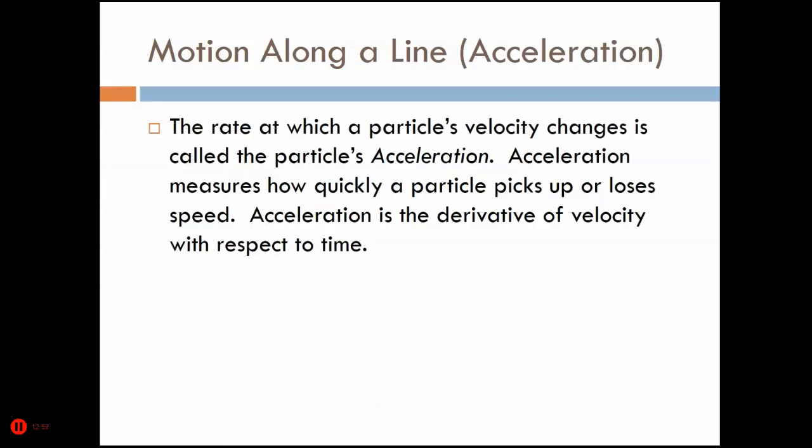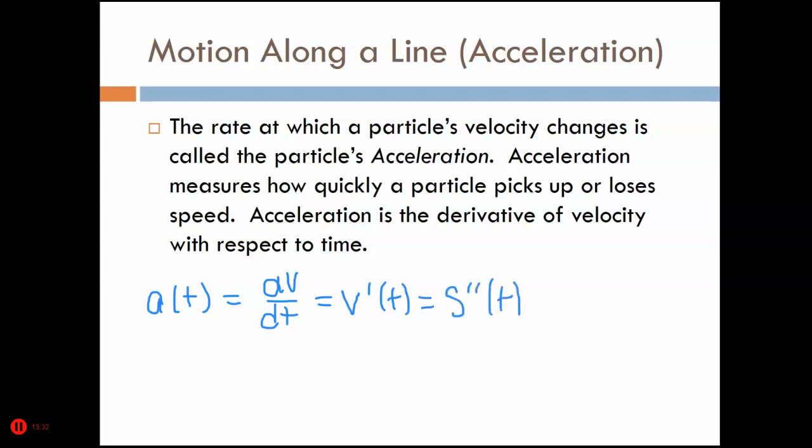Acceleration. Acceleration is the second derivative of position. Acceleration is the derivative of velocity. So we say acceleration is represented by a of t, or the derivative of velocity with respect to time. Acceleration could be v prime of t. It can be equal to s double prime of t,